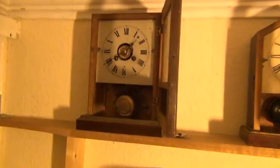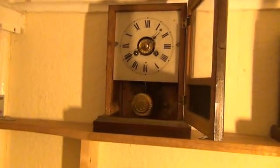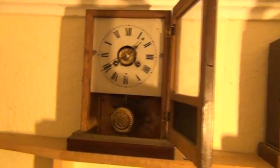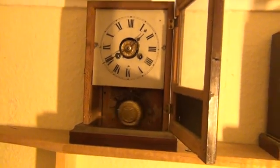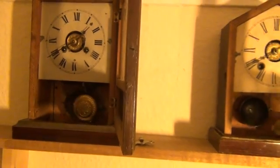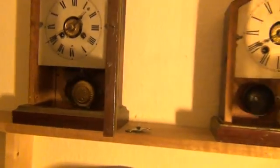Chauncey Jerome also started making cottage clocks, and this particular clock there has a label inside of it that identifies it as a gem, G-E-M, gem cottage clock, and that's what's written there, gem cottage clock. So from that cottage clock with its very economically made brass movement and fairly basic case, others made similar clocks, and